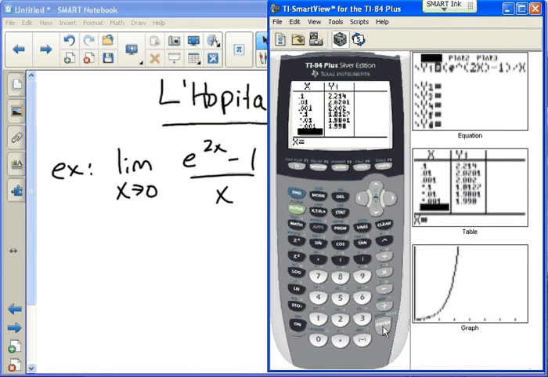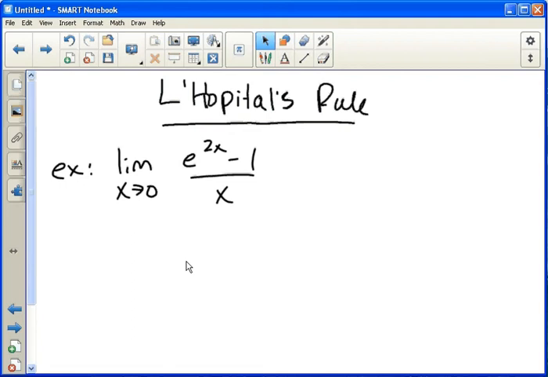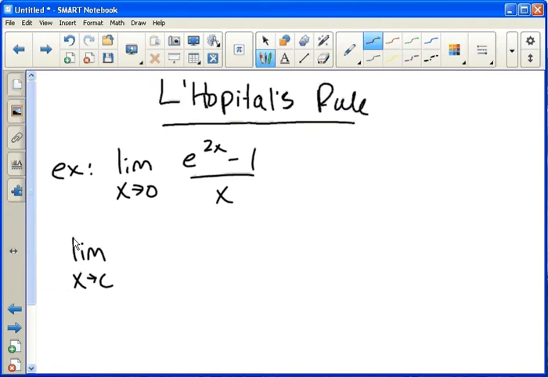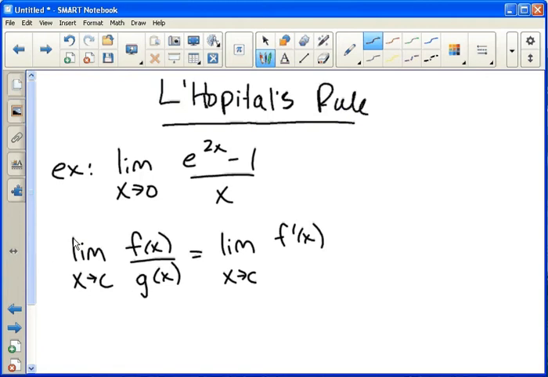And it is. But the question is, what if we don't have a calculator? We need to know how to do it without. And that's where L'Hopital's rule comes in. So here's what L'Hopital's rule says. If you have the limit as x approaches c of f of x over g of x, then that is going to be equal to the limit as x approaches c of f prime of x over g prime of x,